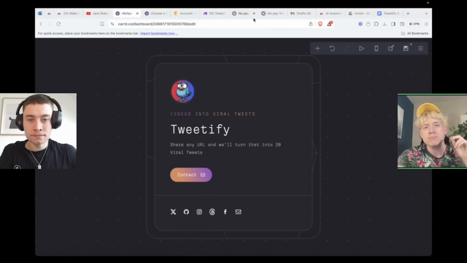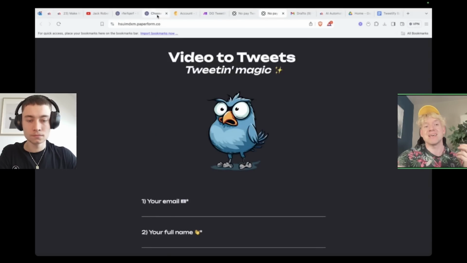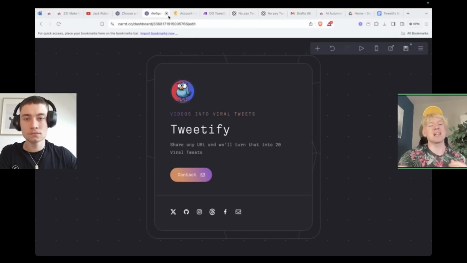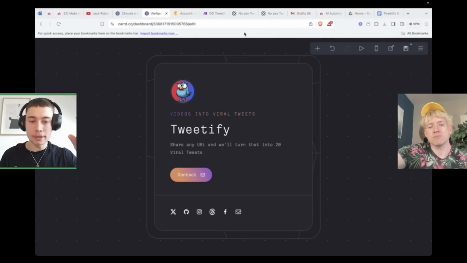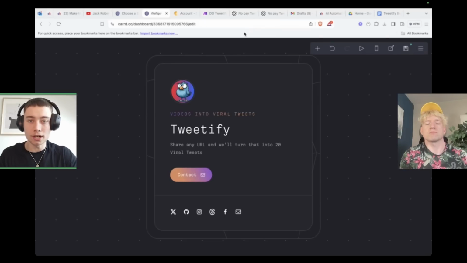What we want to do is embed this form into this website so that a client can land on the website, submit it, and get started. In this case, you would sell the entire package, like built in the website on Card, do the automation with Make, and then send out the email. Like what would be like the thing you're selling to the client here?